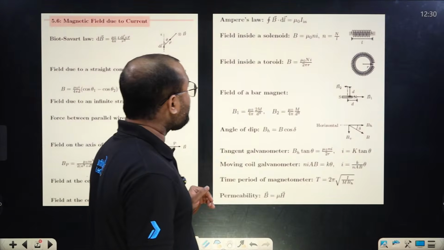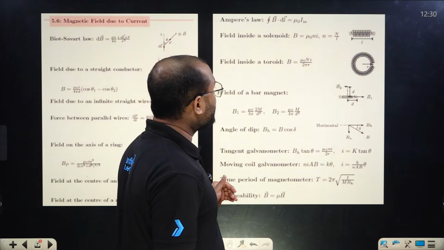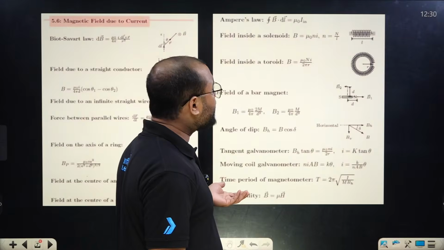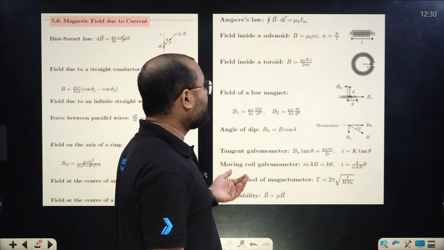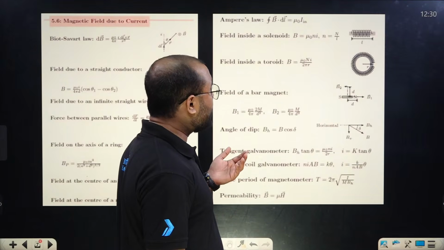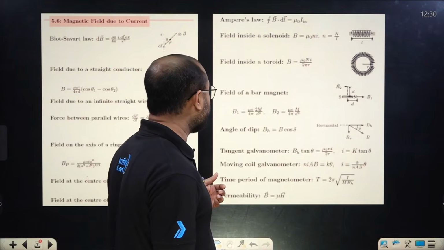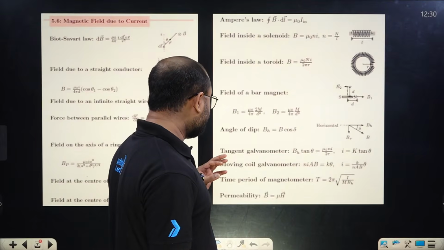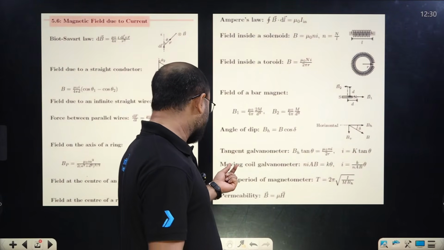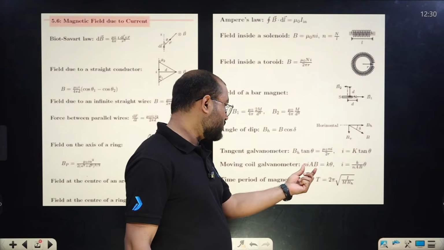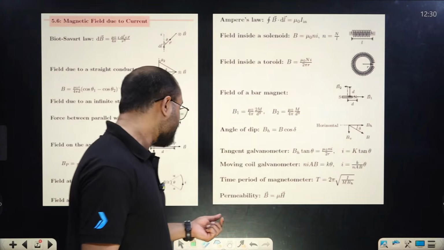Moving next, when we talk about the solenoid, it is a very easy part, so it is μ₀nI, everyone, where n is the number of turns per unit length and I is the current. ये सारी चीजें हो गई। The very next very important question that we are having is the moving coil galvanometer question, that is also one of the important questions, ठीक है।